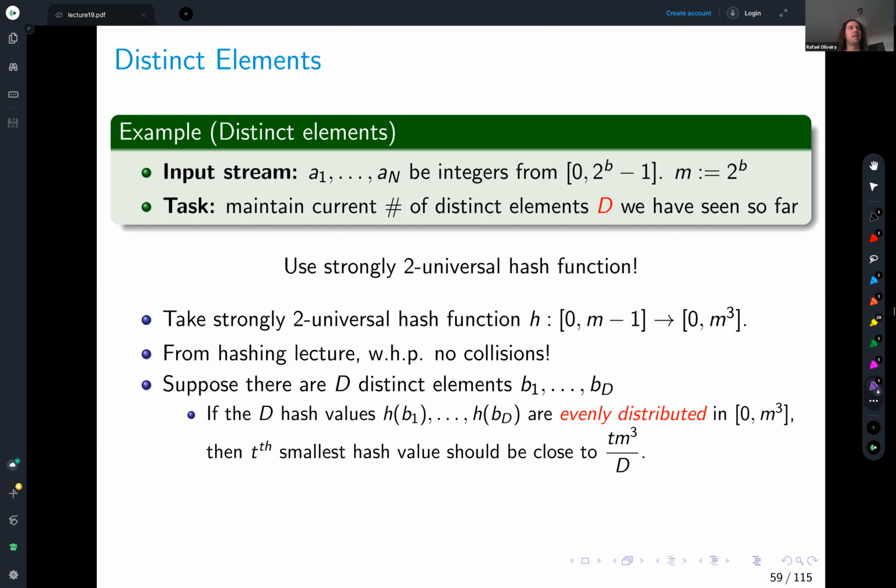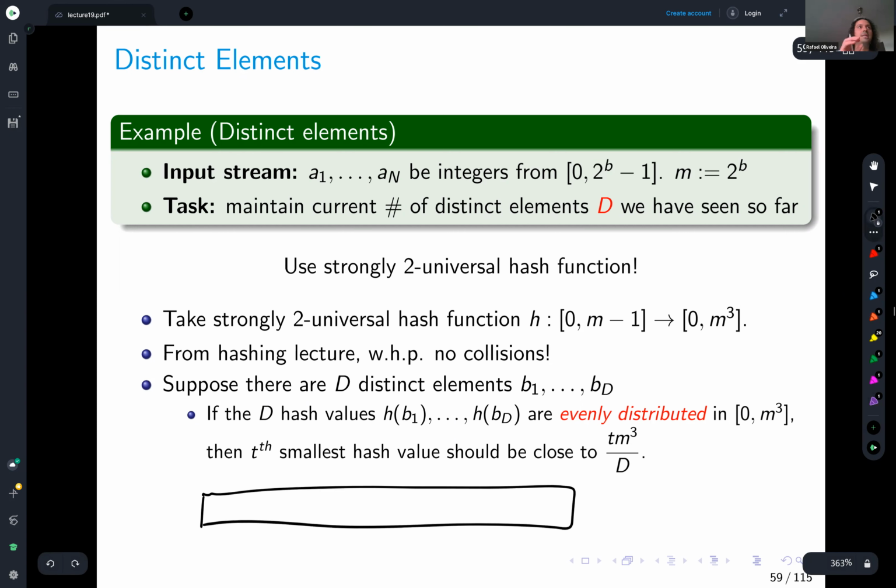So the idea here is, let's pick our hash table. We have the big hash table here, and this is the image, right? So I have 0 all the way up to m cubed. Now, if the hashes were evenly distributed, they would appear in these entries, right? So these are the entries where the